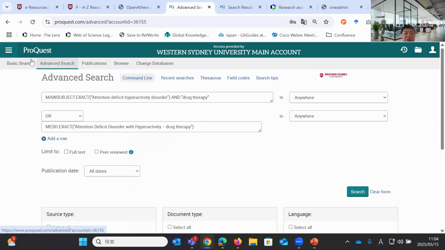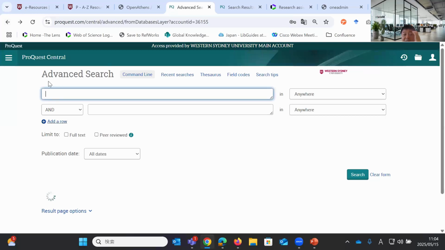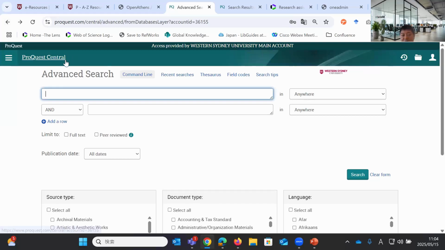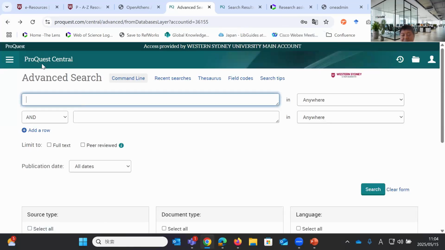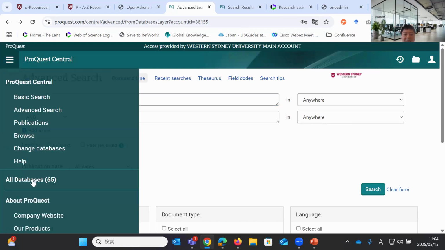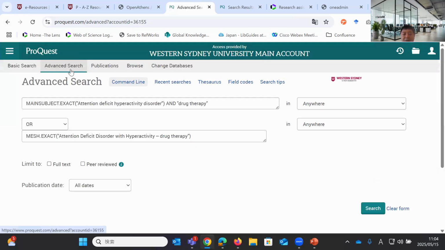So, if you are in the individual database, you see ProQuest Central in the top left corner, right? You see a specific database name. That's true whether it's ABI or DNSA or whatever. But if you go to all databases, you don't see the name of the specific database anymore. You just see ProQuest there.